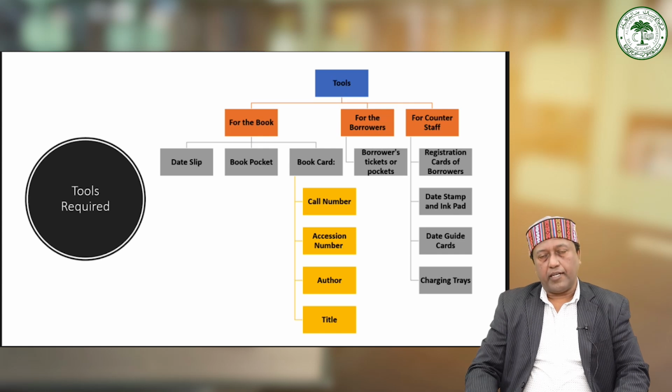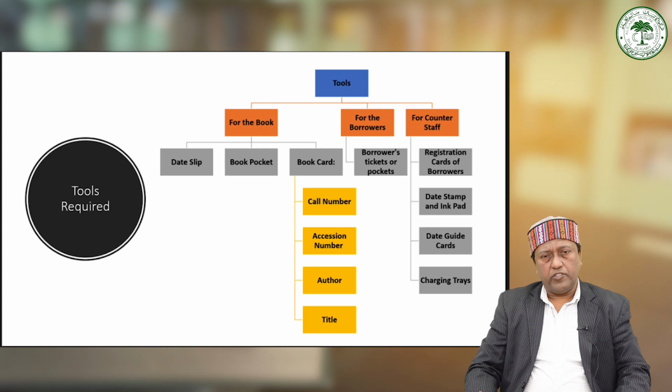All this preparation is done in the technical section or the processing section, which we have already covered. The book card, as I told you, will give you information about the accession number of the document, call number, title, edition, author, and then the columns will be there where you are simply supposed to emboss the due date. You can see here the due date slip also, which is in a similar format, but it is not a tough card. It is not in the form of a card. It is just a slip, as the name itself represents. A due date slip is just a piece of paper